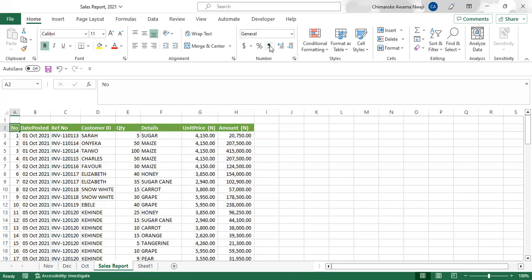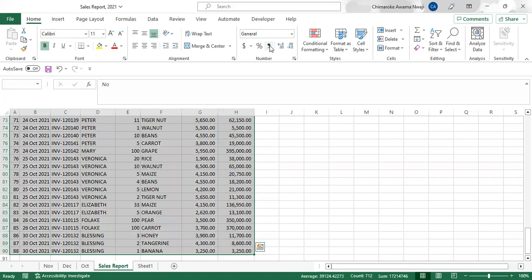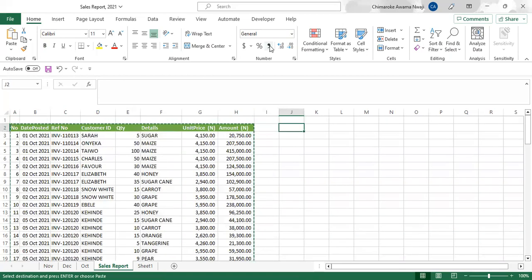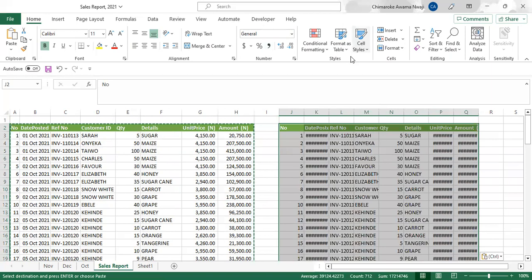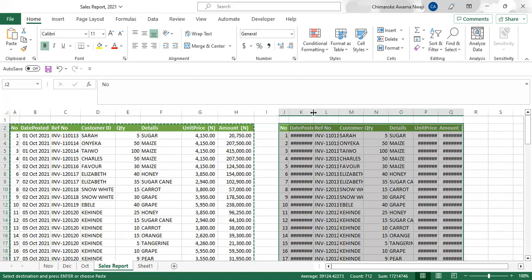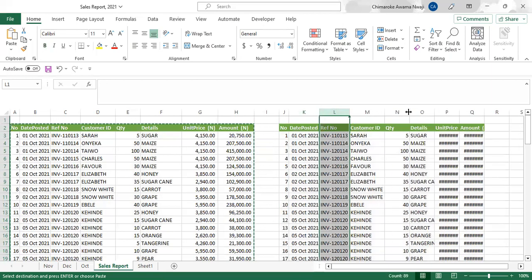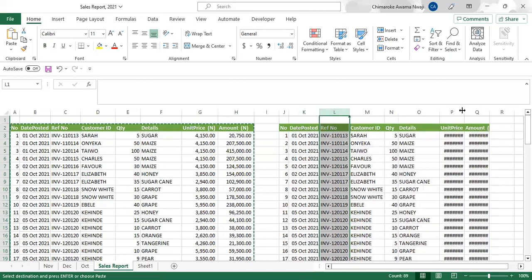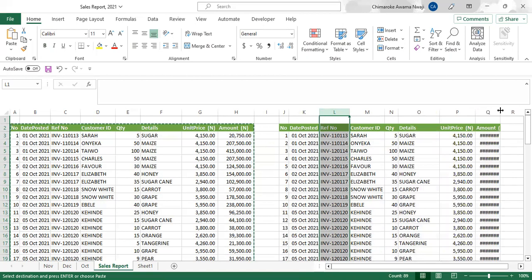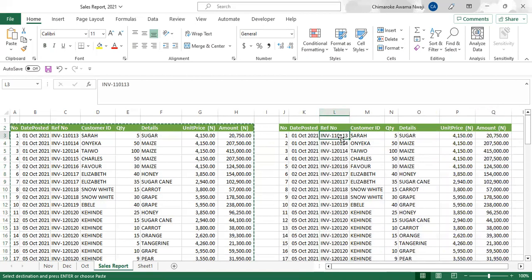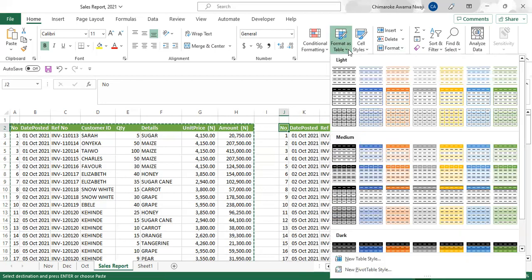I'll copy this again to the other side and we'll convert it into a table. This is another range which we will convert to a table. Right. So let's convert this to a table. All you need to do here is to click on any part of the table and you can say format as, no, you can just do,